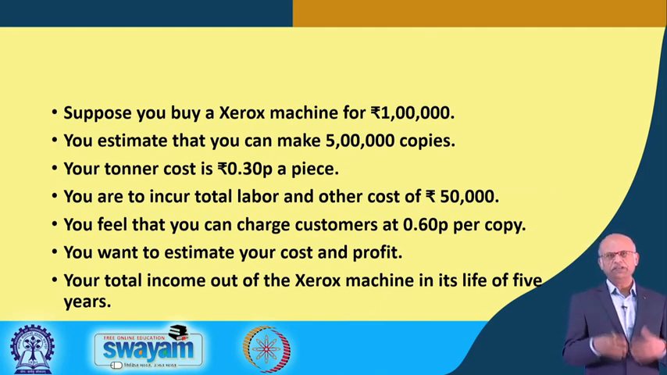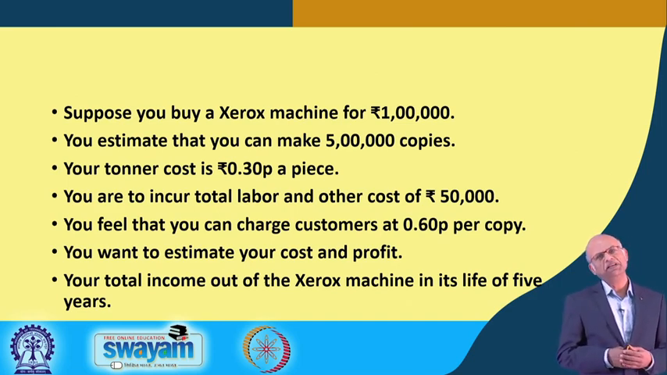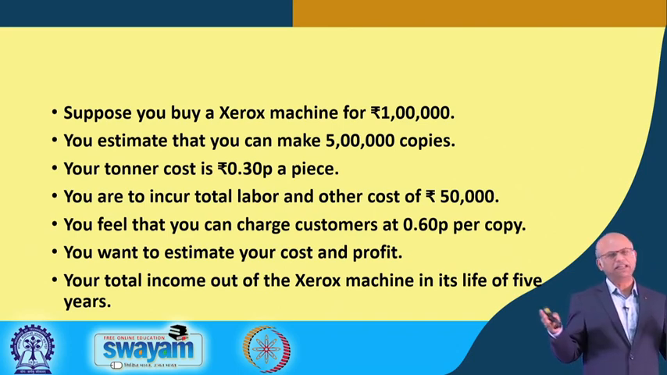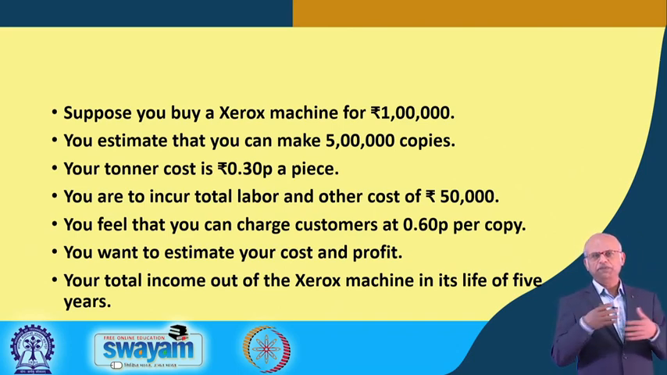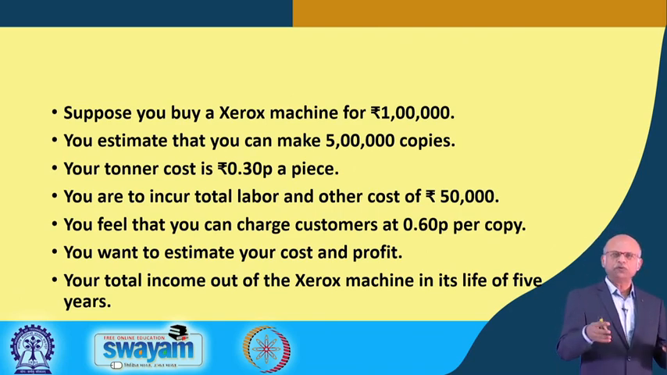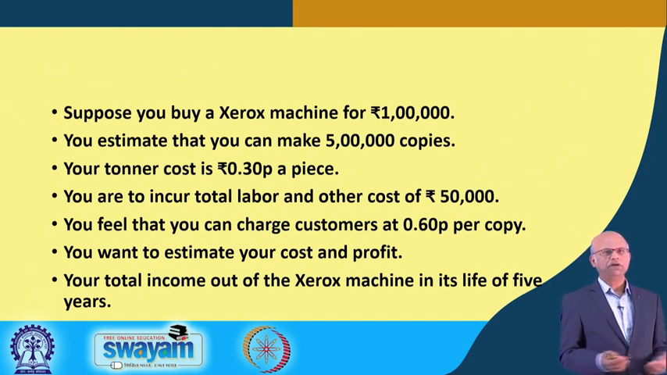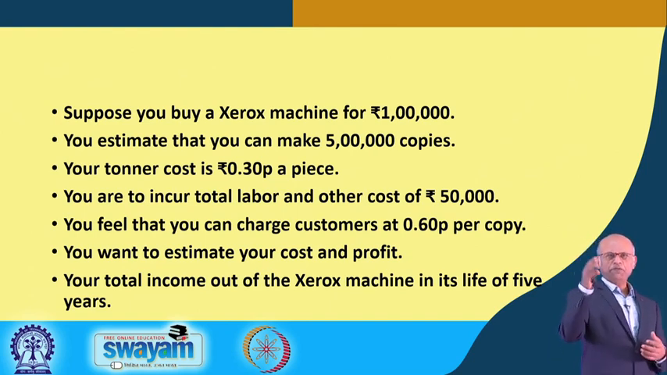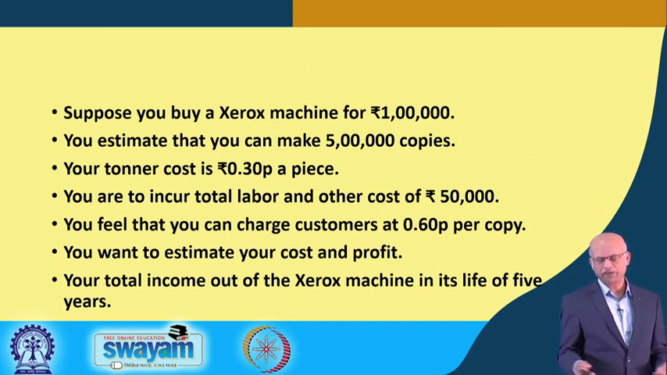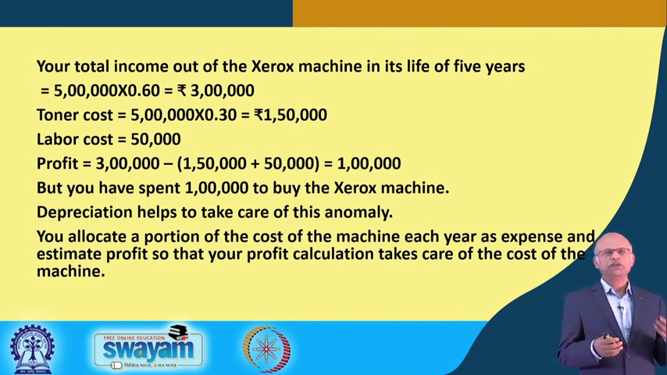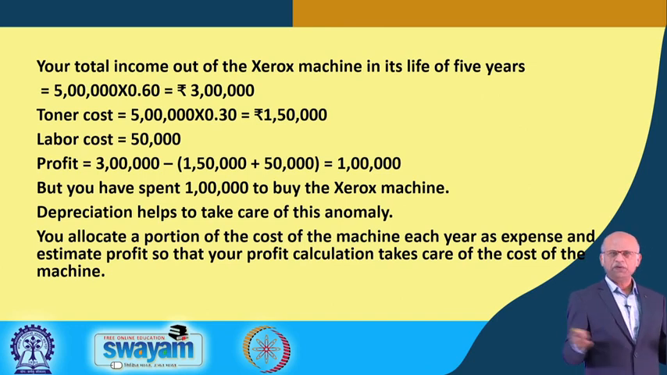You estimate that there will be something like 50,000 rupees towards labor cost and other costs during the life of this machine. Say life is 5 years; the figures are not realistic, just to drive home the point. You feel that you can charge the customer at the rate of 60 paisa per copy. So, your total income will be 5 lakh copies multiplied by 60 paisa, so 3 lakh rupees, and your total expenses will be toner cost of 1,50,000 and labor and other cost of 50,000. So, total cost is 2 lakh rupees, and your income is 3 lakh rupees,